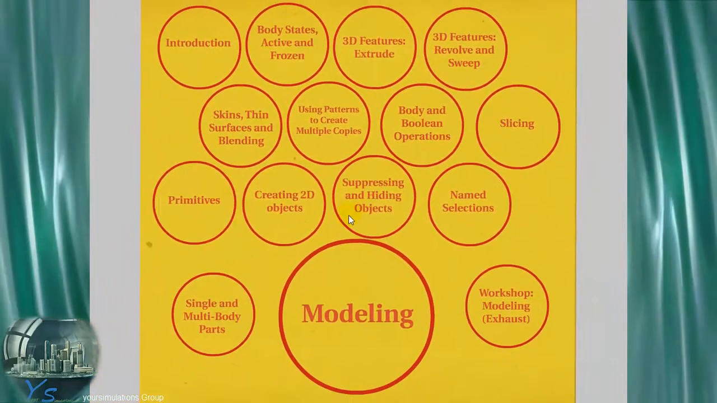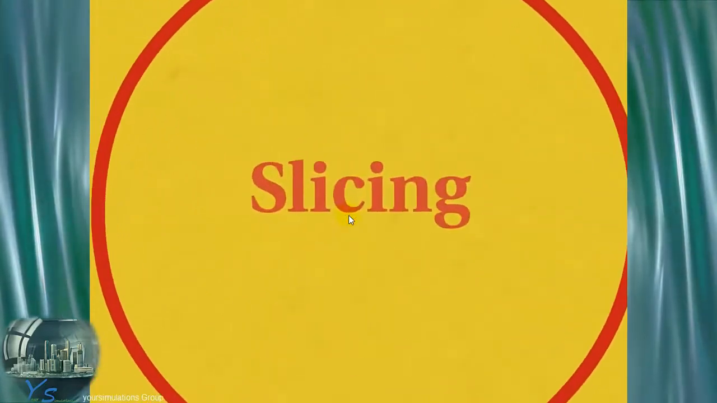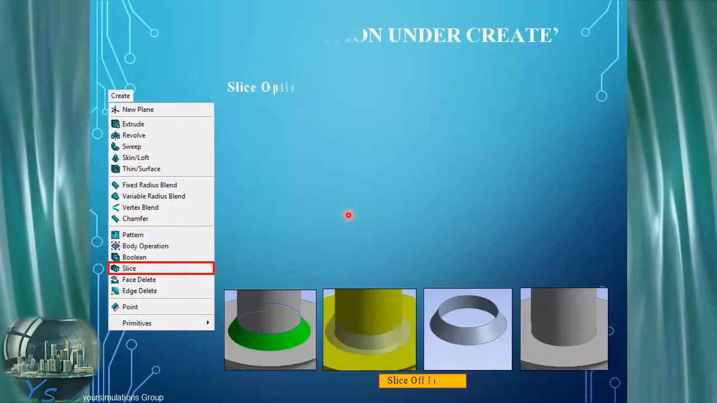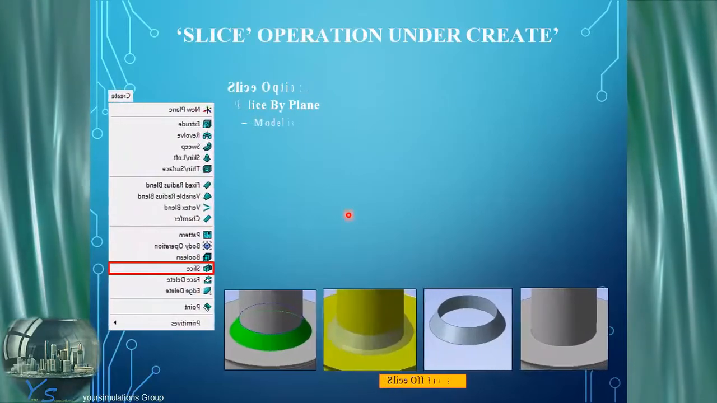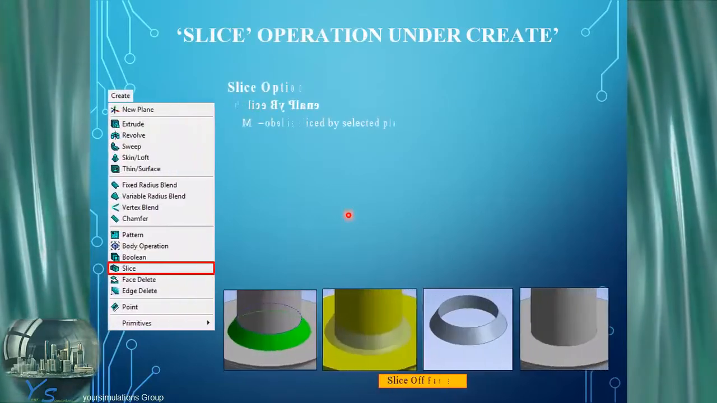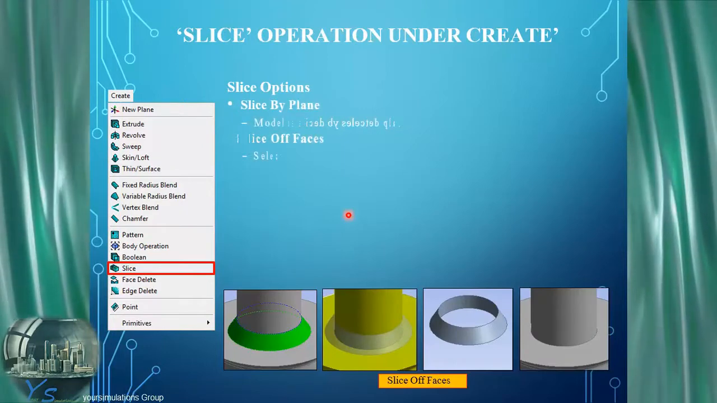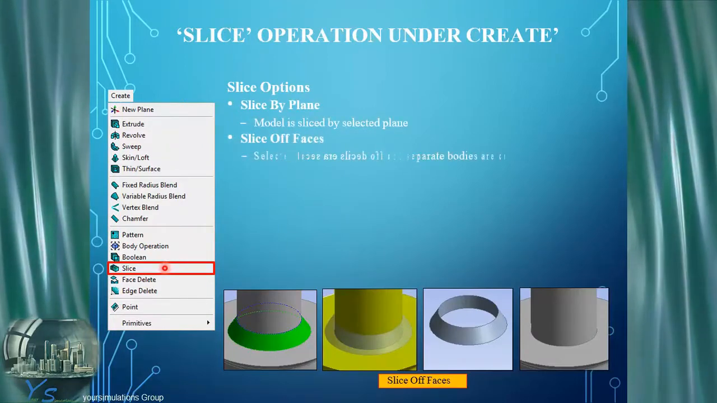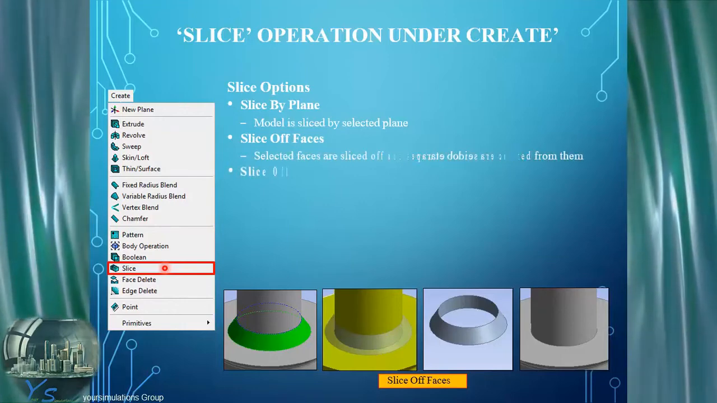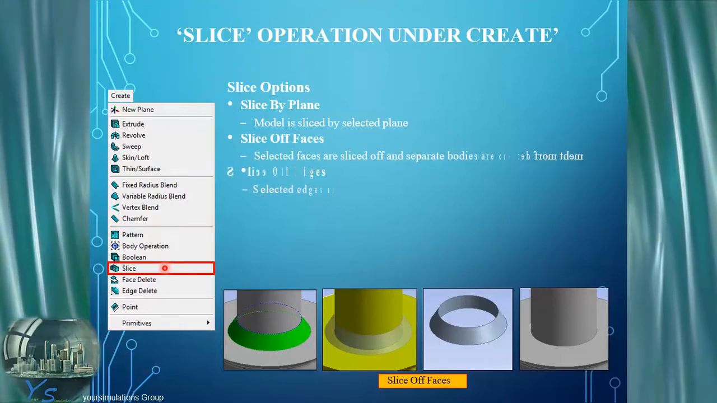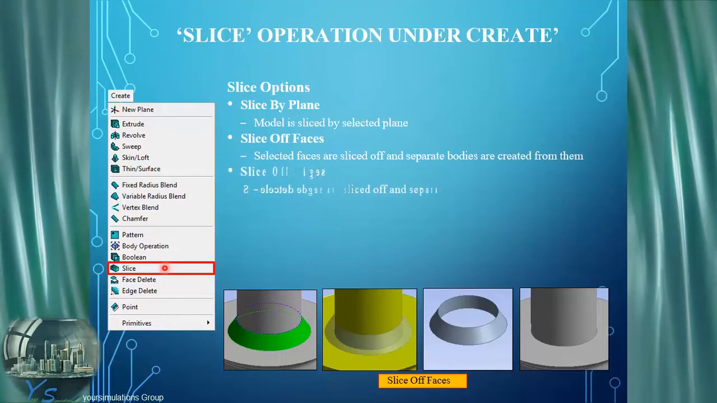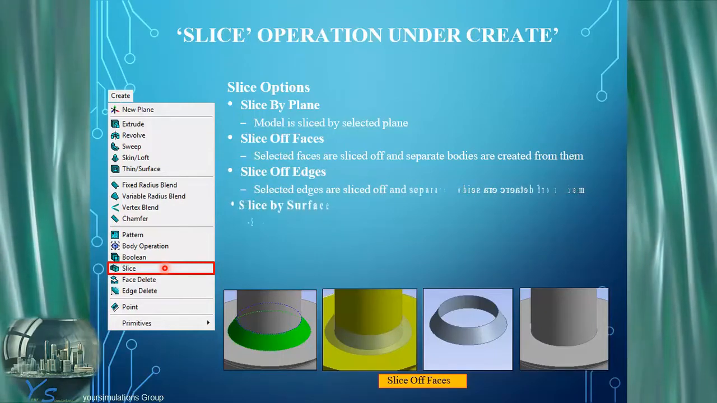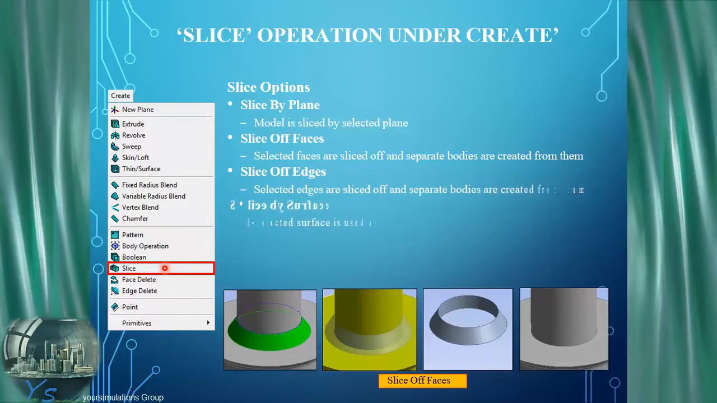So the next operation of the create menu is the slice option. Now we covered some of the slicing as part of options of the previous body operation tools, for example extrude and selecting the slice option. But this is a tool for slicing in its own right, and it has its own options as far as slicing. Now slicing is essentially cutting up your geometry, the operation of cutting up your geometry into smaller parts,